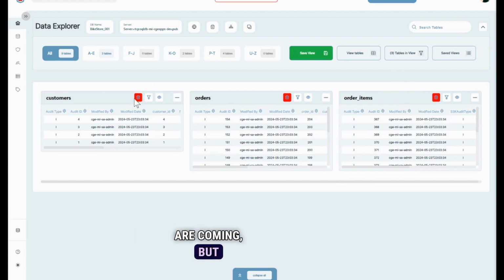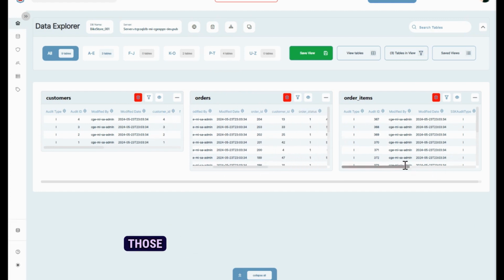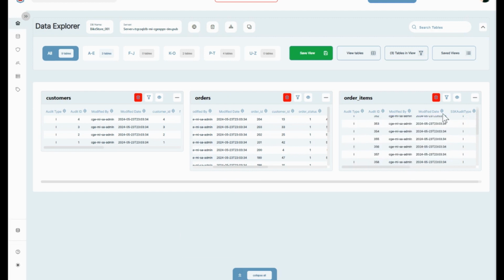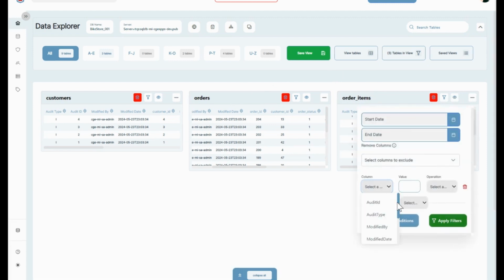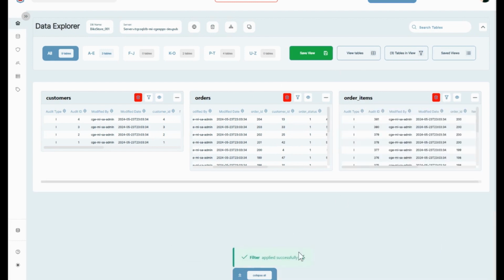There are some things that are coming where we'll be able to soon join and filter this set by the customer IDs here from set A. Those things are currently in development. And also let's go ahead and filter on these order items, right? Of course, we then thereby filter the order items and do a join off of the order items from the orders. Let's go ahead and build up that filter. So say with the modified date is also within the last 30 days. Very good. So now we'll say